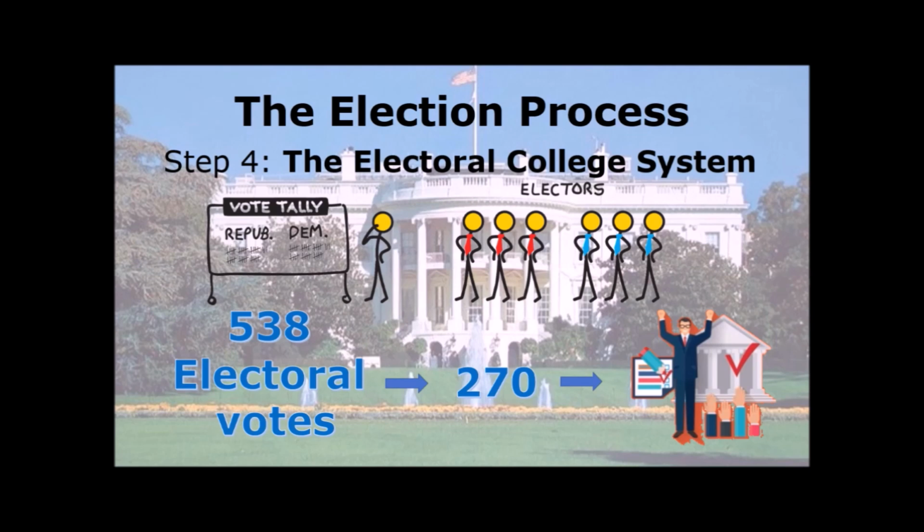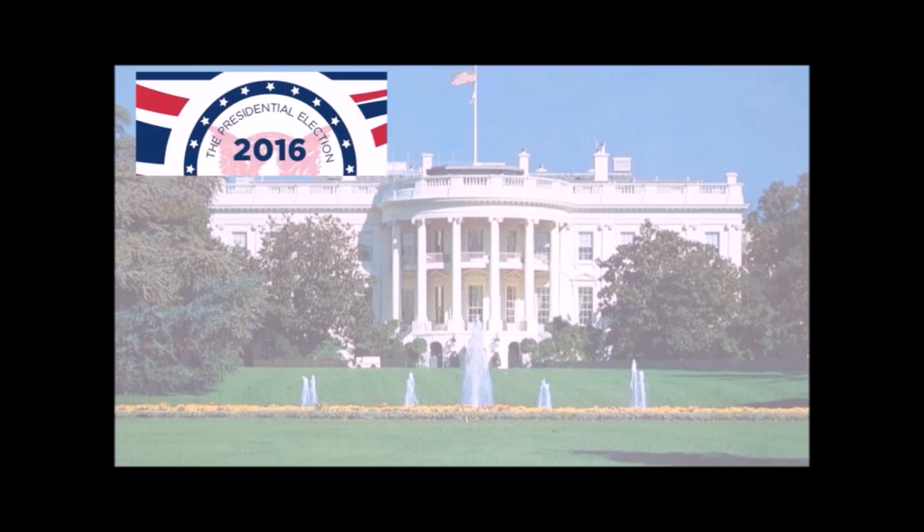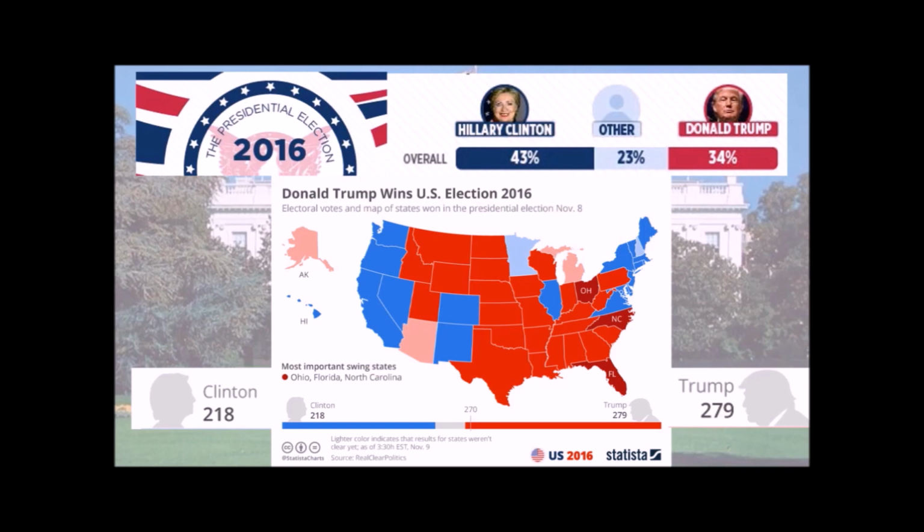The electoral system of the winner takes it all, that was explained before, allows a situation in which a candidate may have had the majority of popular vote, but that candidate will not win the election. And that is exactly what happened in 2016. Indeed, as we can see on the overall results given by statistics agencies, the candidate Hillary Clinton had the majority of popular vote with 43%.